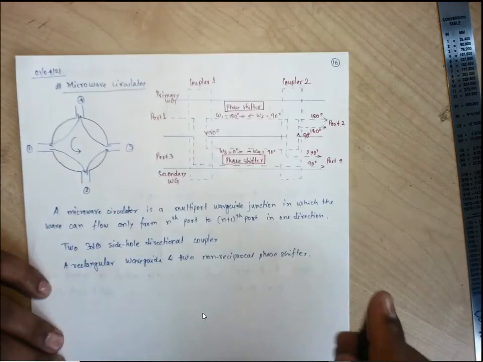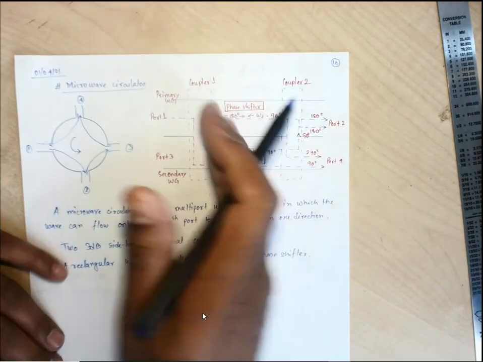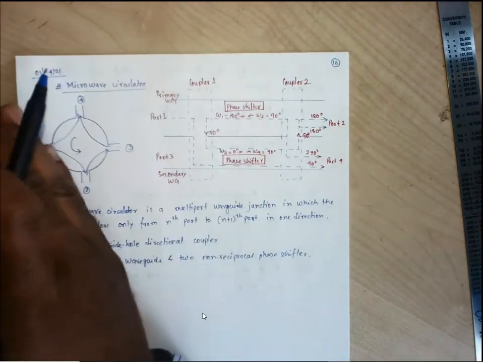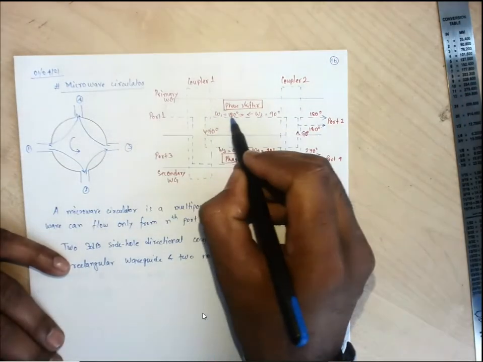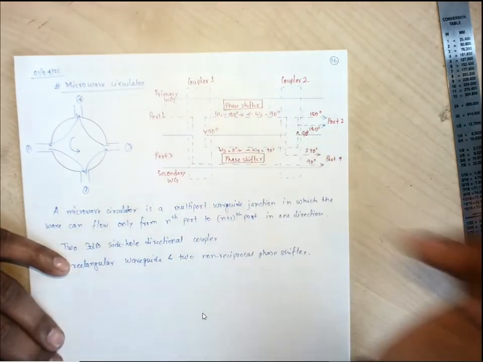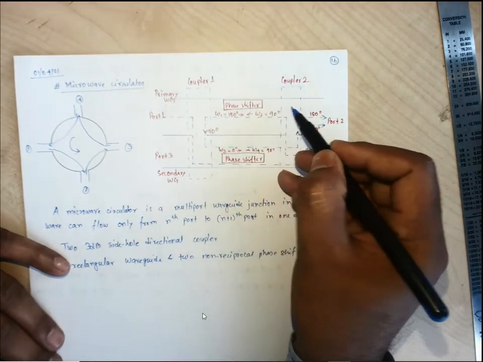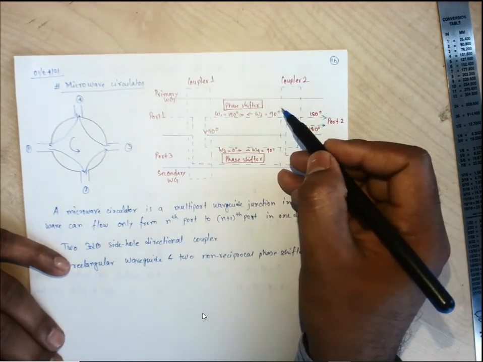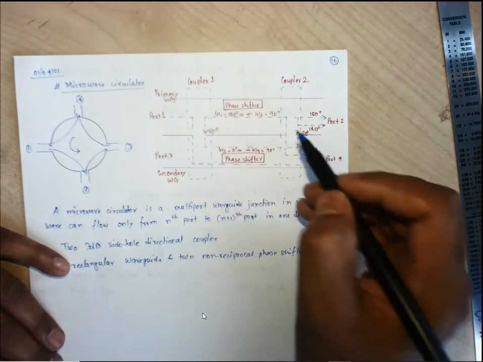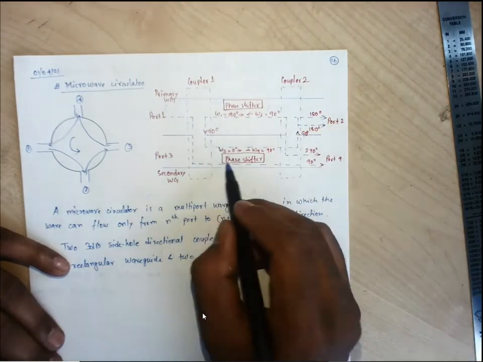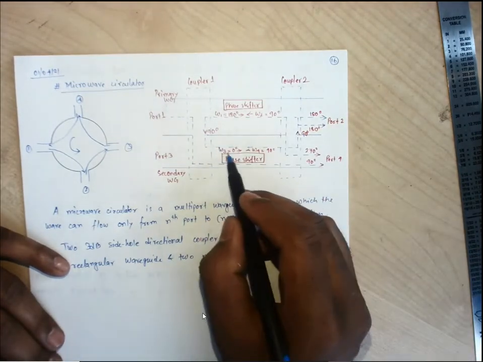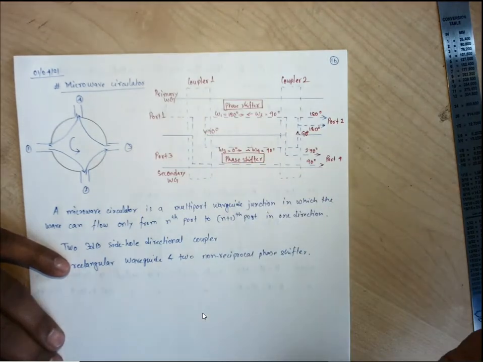Okay, so what does it mean? For the phase shifter, if we have the input from the left hand side and moving towards the right, it produces a phase shift of 180 degrees for this phase shifter. And if the right hand side is acting as the input, then the output available at the left hand side will have a phase shift of 90 degrees. Same for this, from left to right it is 0 degree, from right to left it is 90 degrees.